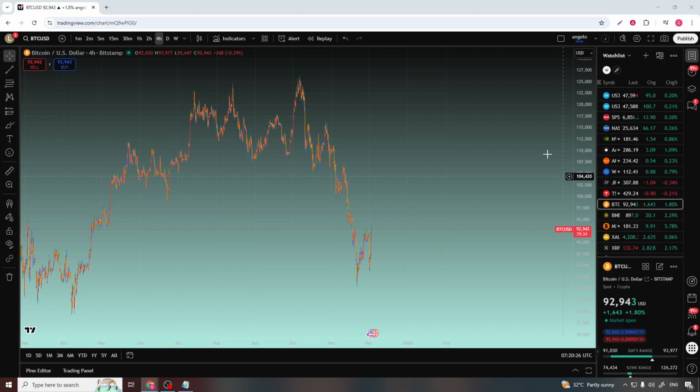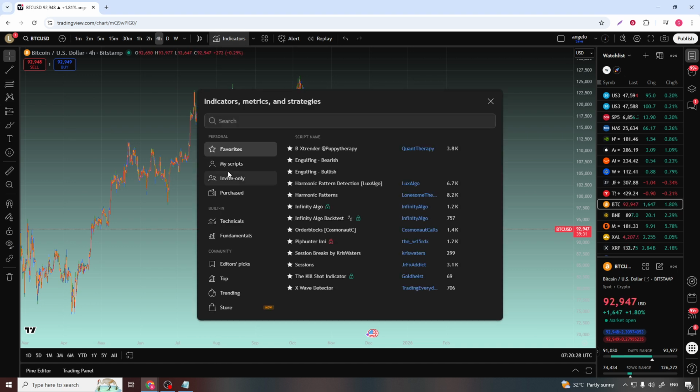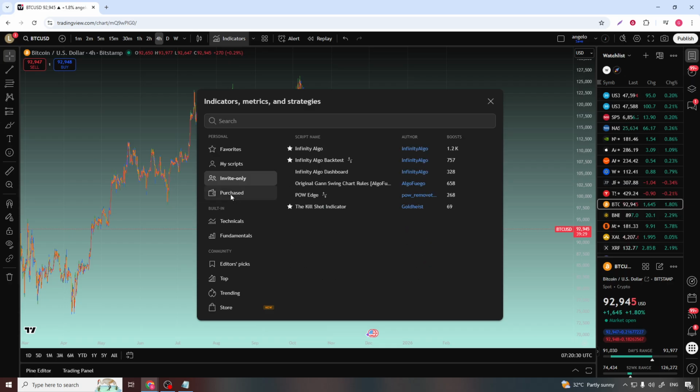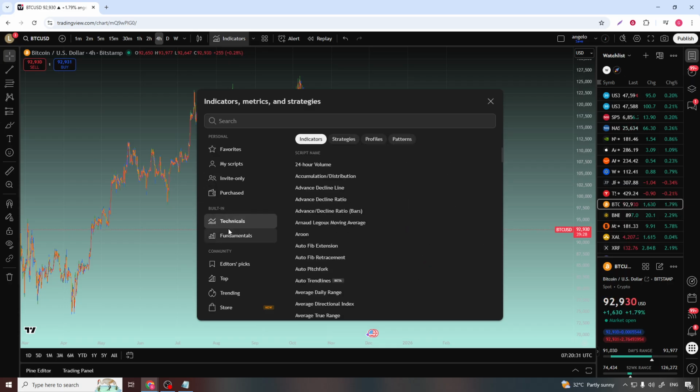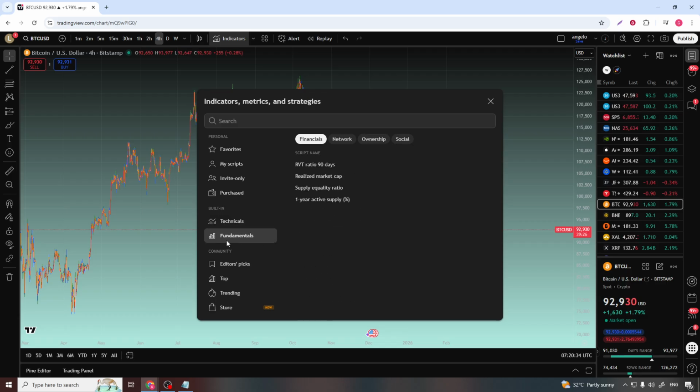Now, let's start by opening the Indicators menu. Look towards the top of your TradingView chart, just above the main price window. You'll see a button labeled Indicators. Go ahead and click on that. This opens up the full indicator library, which is where TradingView keeps all of its built-in tools, community scripts, and